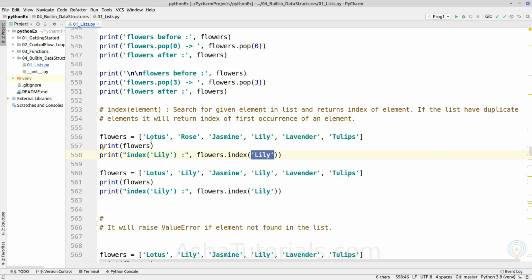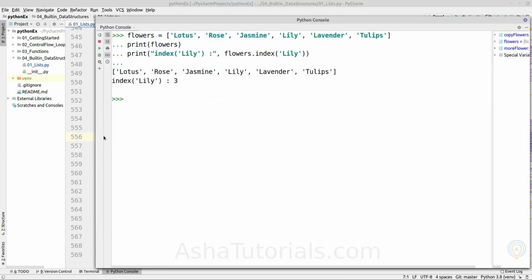So it will return the index at which the given element is inside the list. Okay, so let's execute it. As we can see, Lily is at index 3. So 0, 1, 2 and 3. Okay, this is how we can trace that it is index at 3.